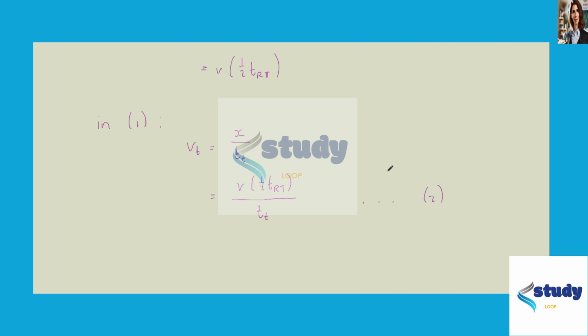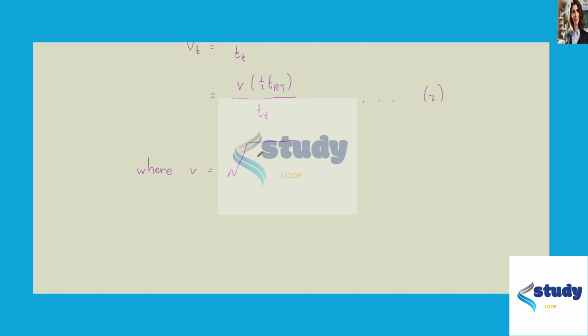Now, since we assume air is an ideal gas, we know the speed of sound is related to the Kelvin temperature and the average mass of a single air molecule as follows. So V, we know, is the square root of gamma times K times T over M. And so gamma is the ratio of the specific heat capacity of air at constant pressure to constant volume. K is the Boltzmann's constant, and we know T is the temperature. So if we put this into 2,